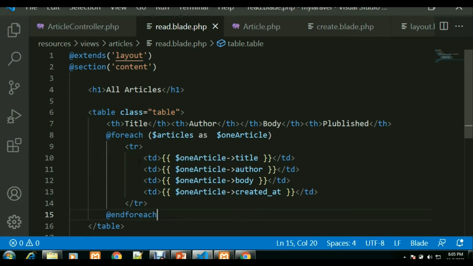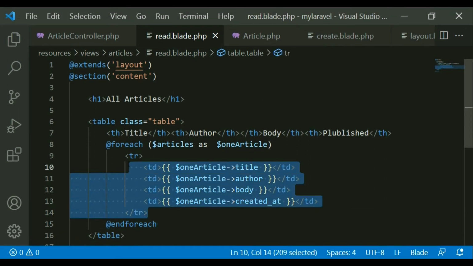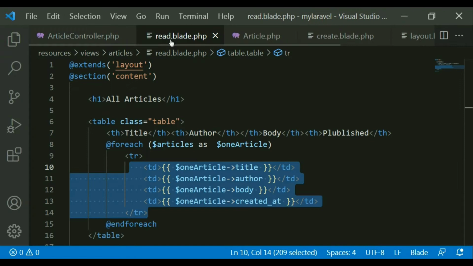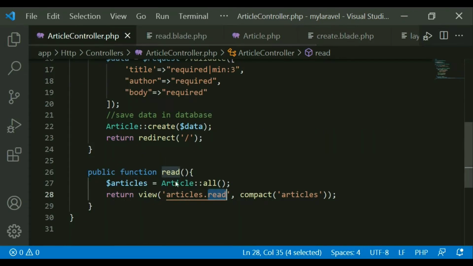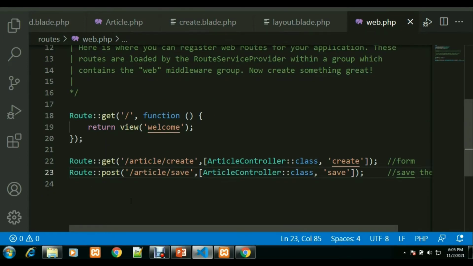Now this is our read.blade.php file, and when I call this function by using the router, it will display the articles read.blade.php file, this file. So I have to create one router to the read function. For that I have to open the web.php file, just like this.